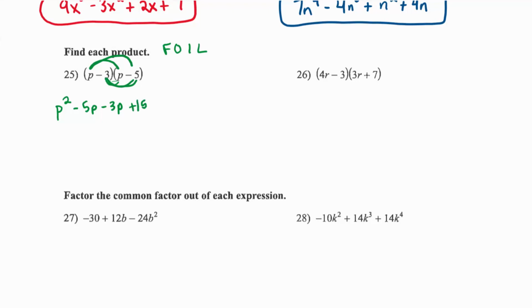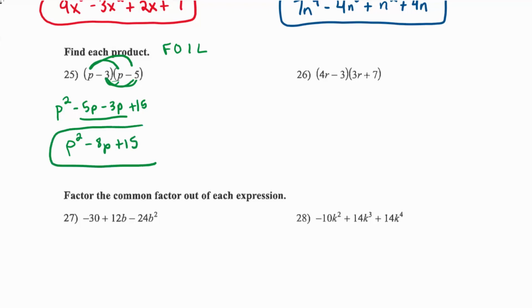A lot of times when you FOIL, but not all the time, just like 95% of the time I feel like, the middle terms end up being like terms, and so we add those together. So p squared minus 8p plus 15